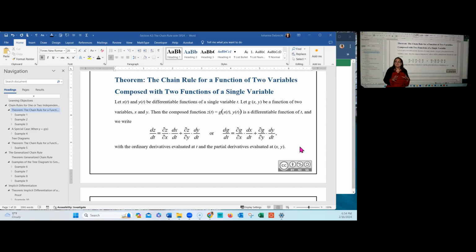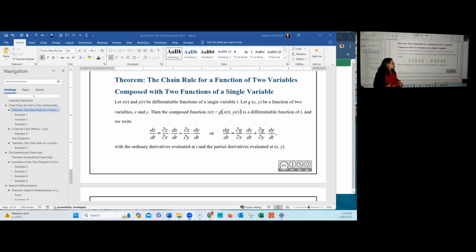Now, again, this is Leibniz's notation, and it works, which is why we do it. But keep in mind that these are not really fractions. These represent derivative operations, either the first derivative, the normal derivative with an italicized d, or a partial derivative of a function of multiple variables. In a sense, though, what students tend to think is that the partial with respect to x and the differential dx cancel. They're not fractions, but in a sense, it does give us a derivative of z